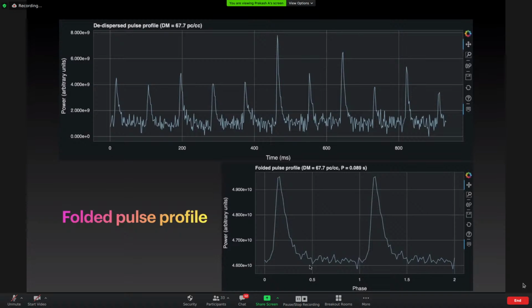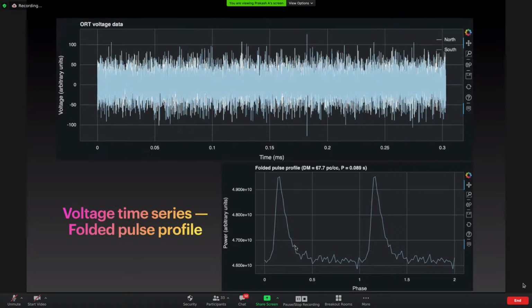So finally, this is what you'll get from going from voltage data, starting out with voltage data to getting the pulse profile of the Vela pulsar. I thought, due to time restrictions, this is